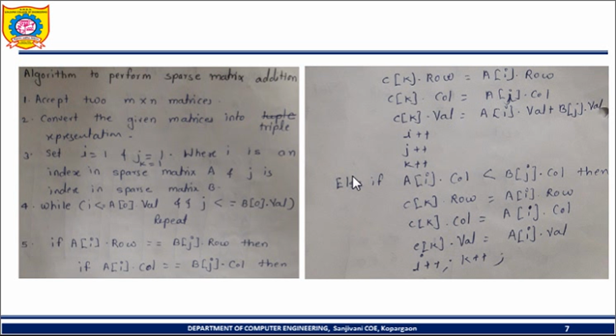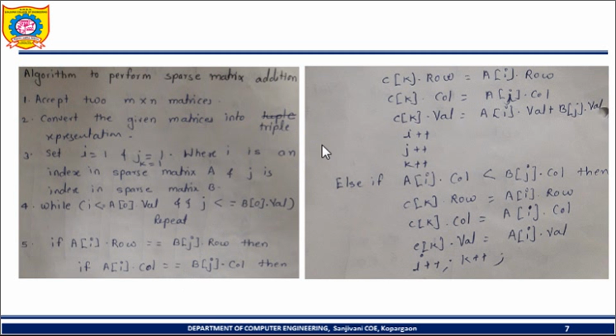Because we are adding both matrices, and both have the same rows and columns, we increment both matrix indices, I and j, and k is incremented for every condition. So I is incremented, j is incremented, and k is incremented.